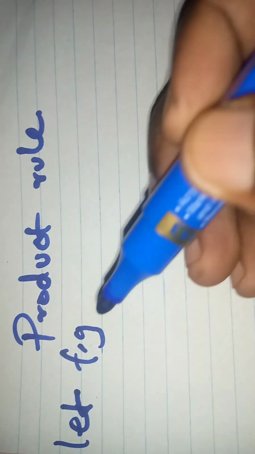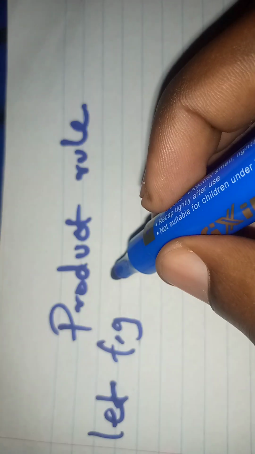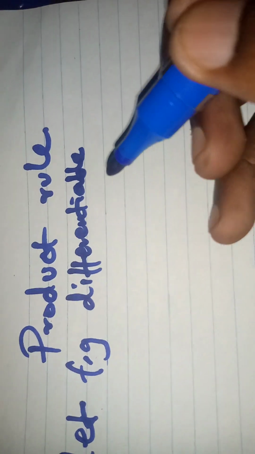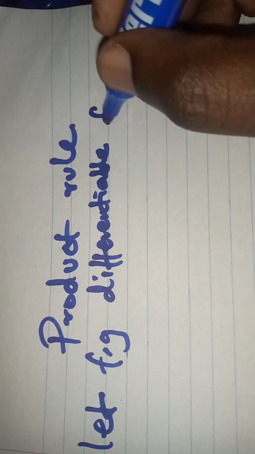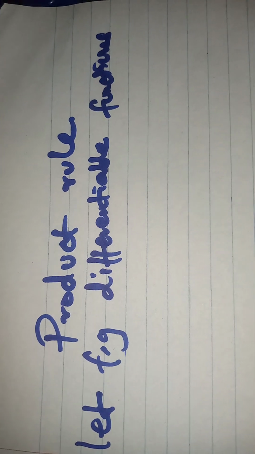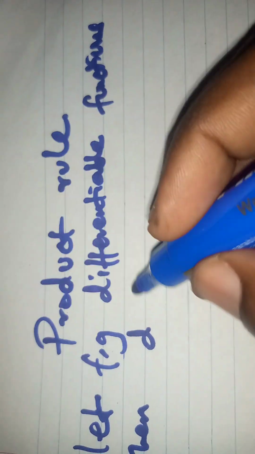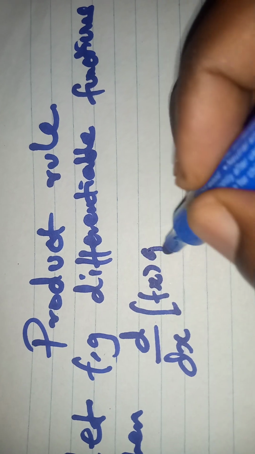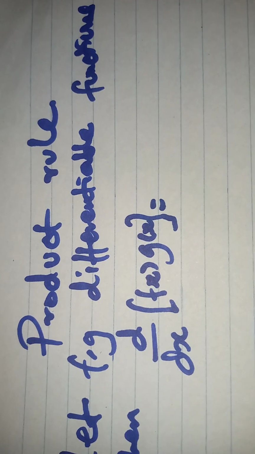If I have two different functions, f and g, which are differentiable, then the derivative of the two products with respect to x, a function of x and a function of g, using the product rule,